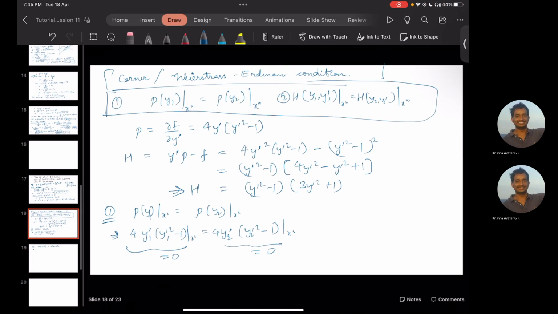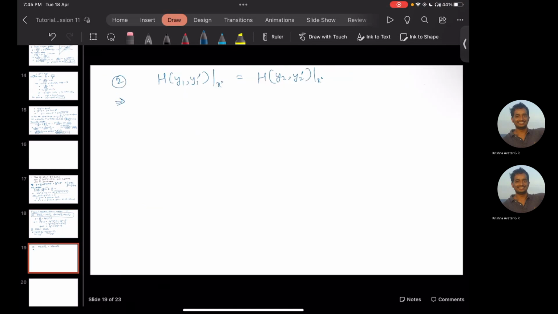So this has y1 prime squared minus 1 into 3y1 prime squared plus 1, likewise y2 prime squared minus 1, y2 prime squared into 3y2 prime squared plus 1 at x star. Okay,